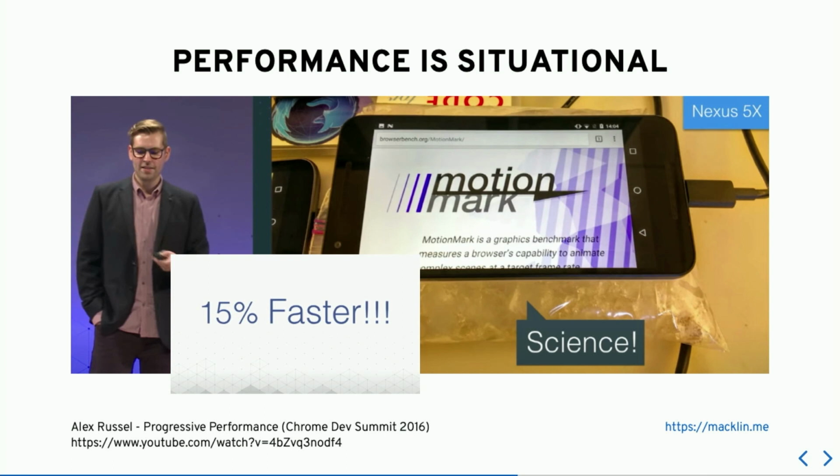So you can imagine, like we all know already, I'm from Perth, so we get a lot of 45-degree days. If you're outside on a really hot day, that actually could be the opposite, right? You could get 15% worse performance if you're already using a really old device, 15% worse on top of that, just because you're outside on a hot day. Or in another example, talking more about networks, if you're going through a tunnel, or if you've just got bad coverage, if you're in a region somewhere, or you're on the edge of some sort of coverage, you're on the Optus network maybe, then that's also going to impact your performance, and that's situational, right?